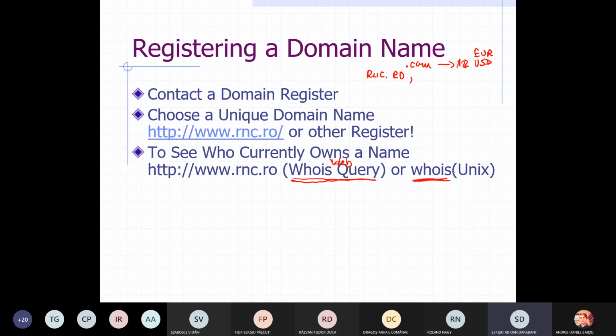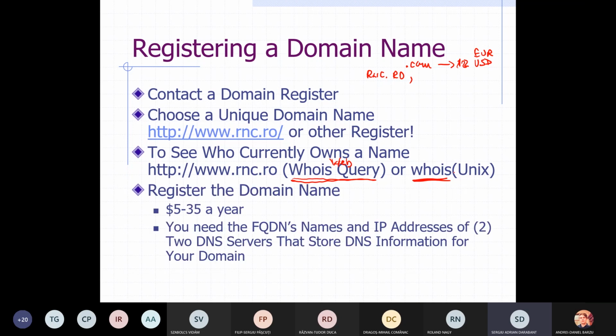On Linux, it's whois, and you type a domain name, and it will give information about who is the physical person or incorporated person that owns that domain. As I told you, then you pay the fee and you need to provide two DNS servers